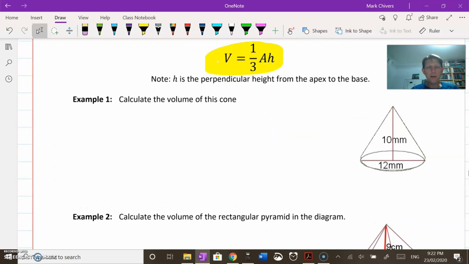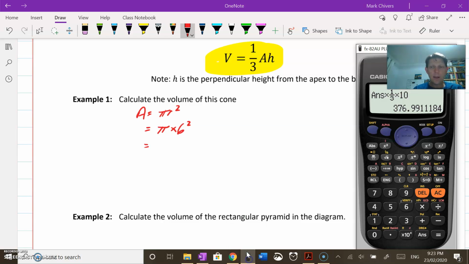So in this particular first example, we've got a cone given. So the base of a cone is a circle, so the area of that base is going to be using pi r squared. And in this case, the radius is 6, not 12, because what's given there is diameter, and obviously we need the radius to work out the area. So we plug all this into a calculator, and we got pi times 6 squared, and that gives us